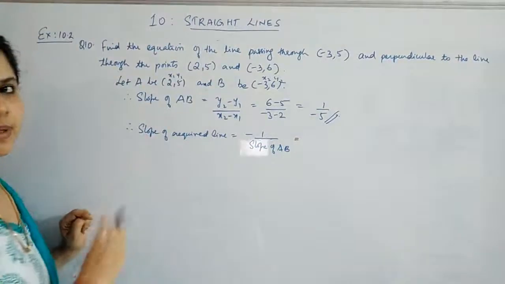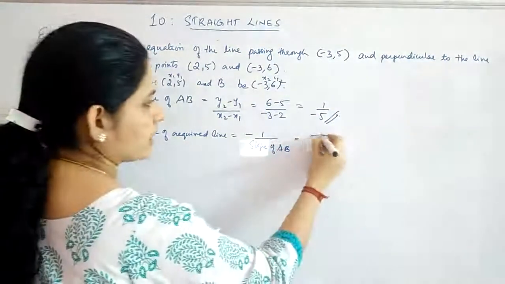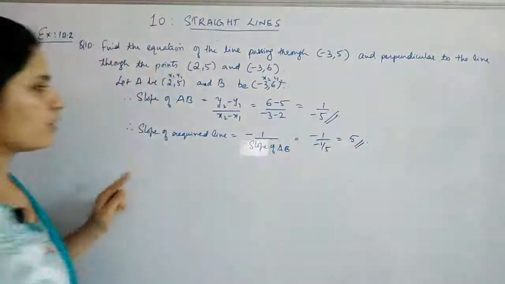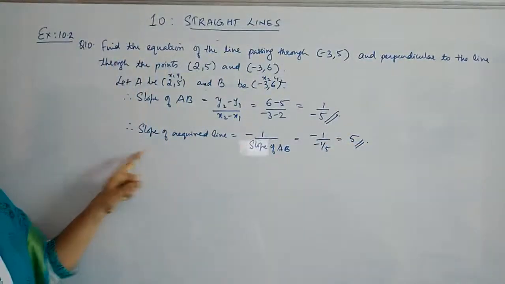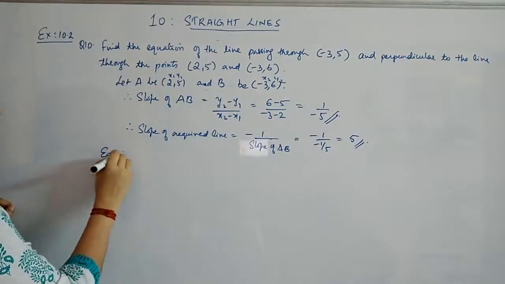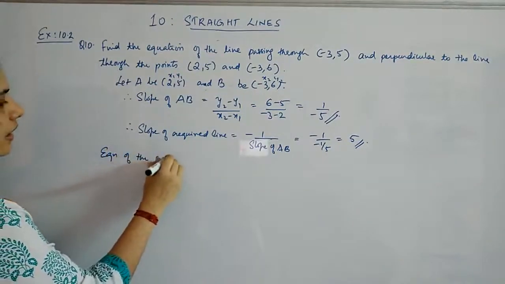Why? Because they are perpendicular to each other. That is minus 1 by minus 1 by 5, which will give you 5. So now you got the slope of the required line, and again it is passing through (-3, 5). So you will write, therefore the equation of the required line